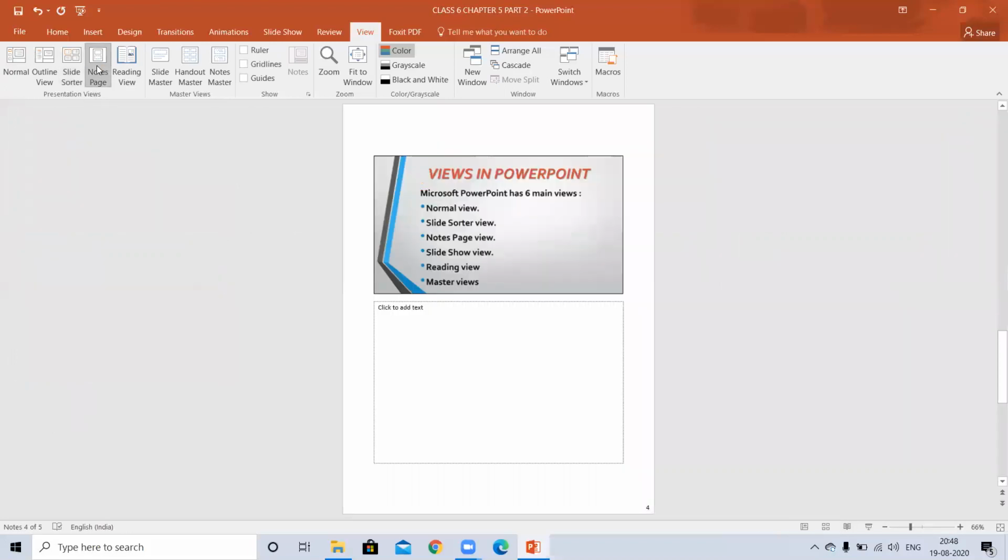When you click on notes page view, the slide you are currently on will appear. Currently I was on this slide, views in PowerPoint. When you click on that particular view, that slide will appear in front of you on the screen, and just below that content you can see here, click to add text. Here you can write the notes. Like I am writing here,